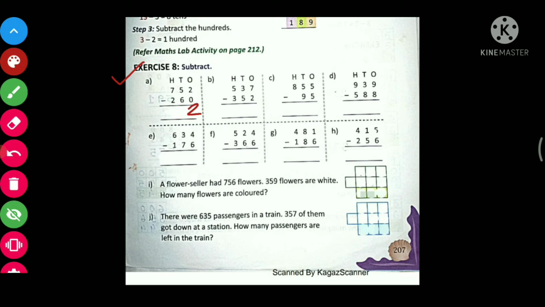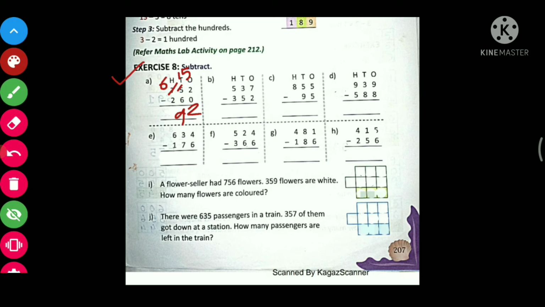Now this 100 place value will reduce by 1, and it will become 6. And this tens place value will get 10 more. Now this 5 will become 15, right? Now just imagine 15 lines, and now just cut 6 of them. How many lines will be left behind? 9,